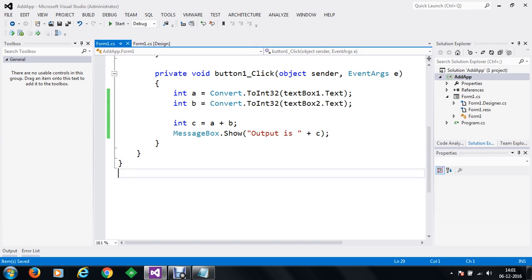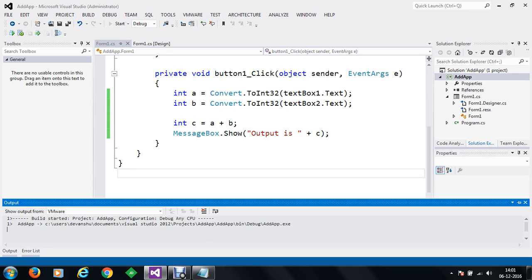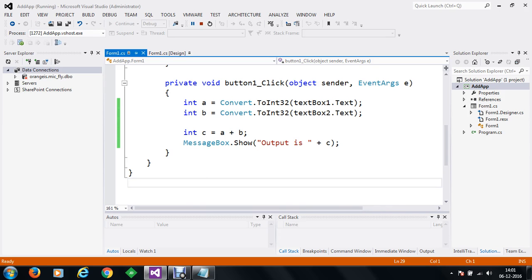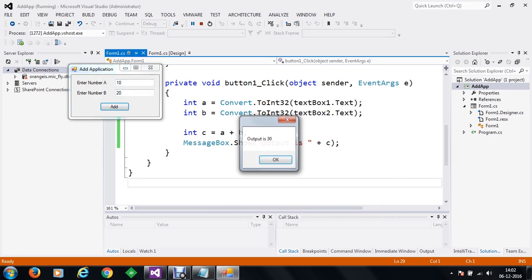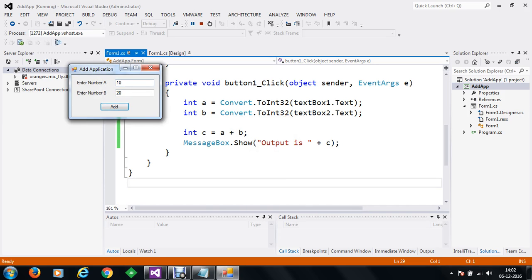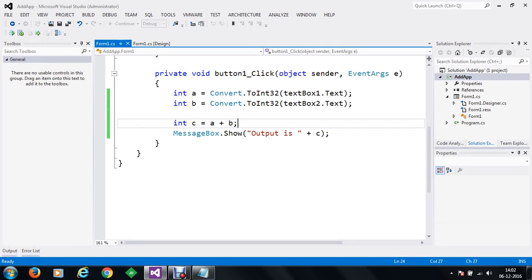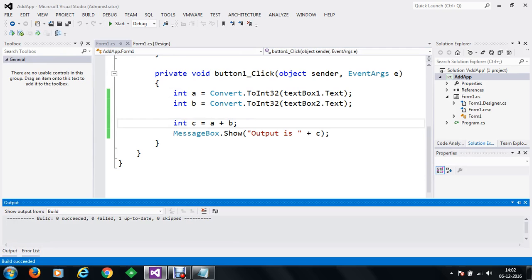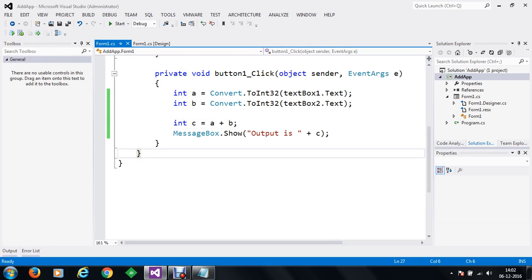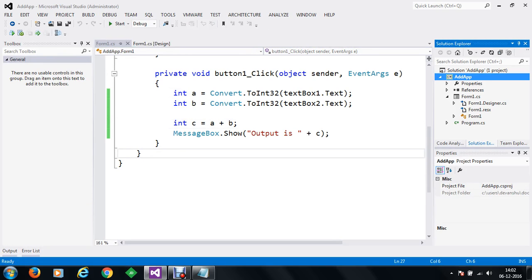Let's save it, let's run the test, and we'll see whether this application is working fine. So now we'll input 10, we're going to input a value 20, we'll click on add, and we will get an output 30. Now that we have an application ready, we are going to build the solution, and we'll see where the exe file of this project is.